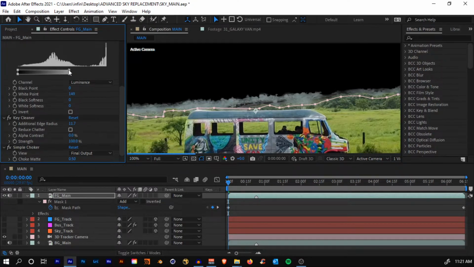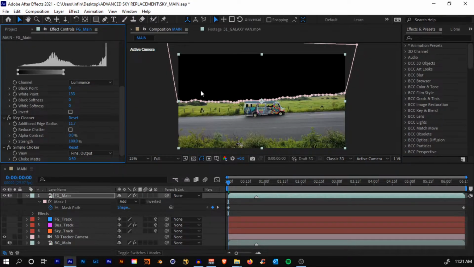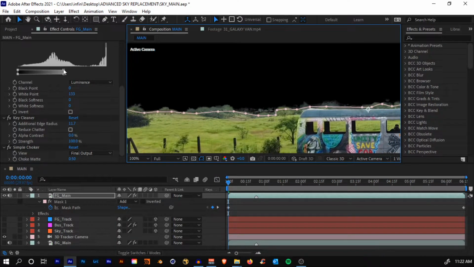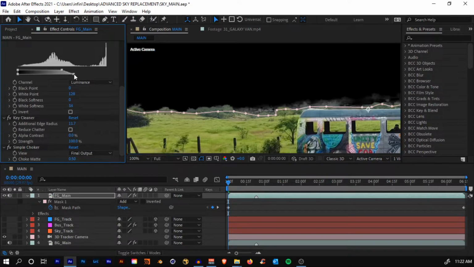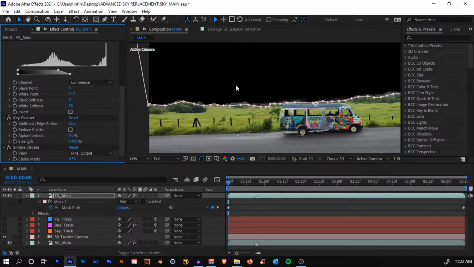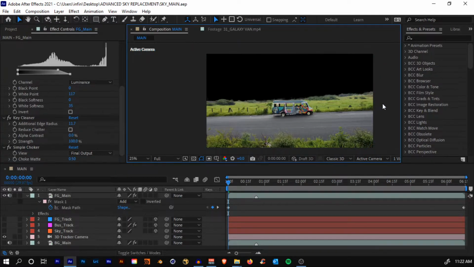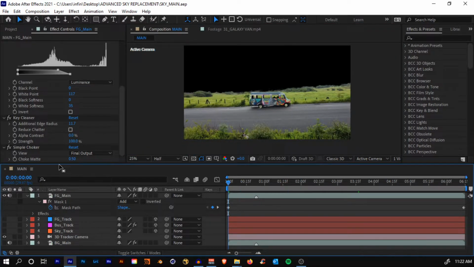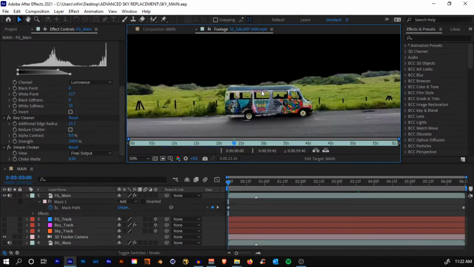Also you can extract it even more. Now it's not a problem because we have cut out our footage, so it won't affect the down part. So just extract it, and what you can do is pull this point, the down point, a little to the side, to get some of the detail back. Yes, something like that. See, there we have it. And it's rough, but don't worry, we'll cover everything properly. Okay, so we are done with the first part, that is replacing the sky.